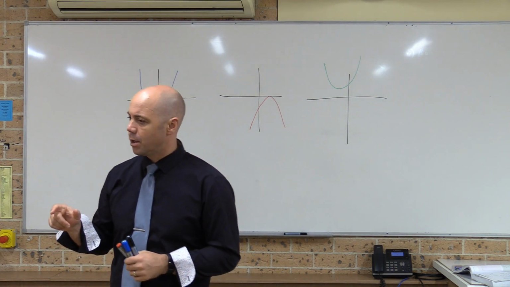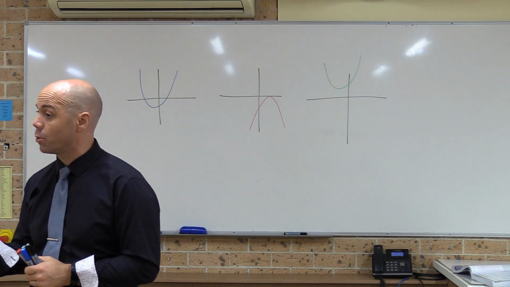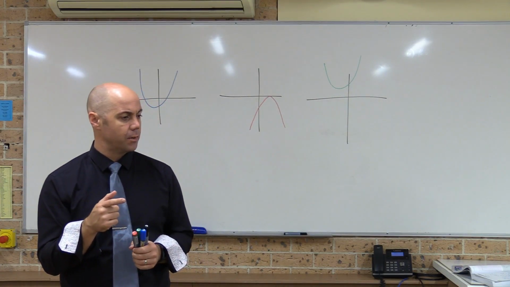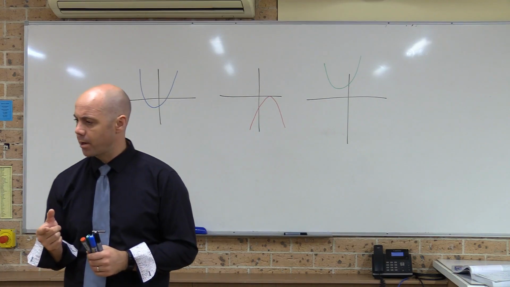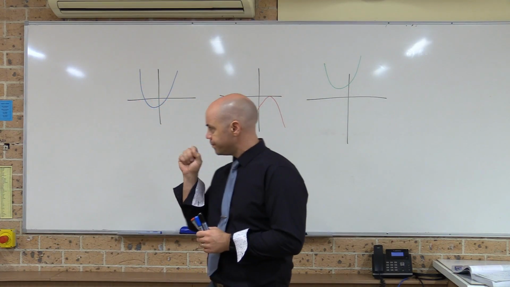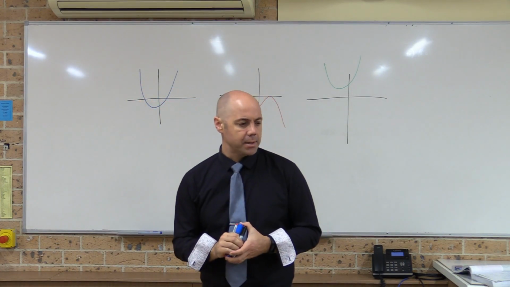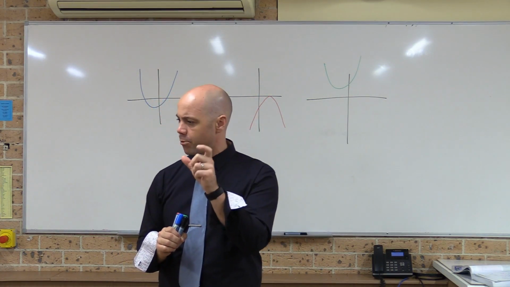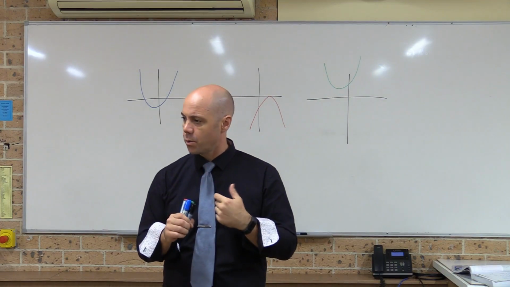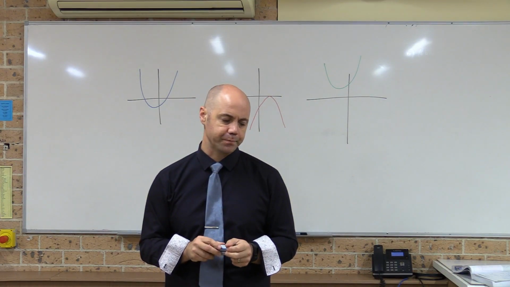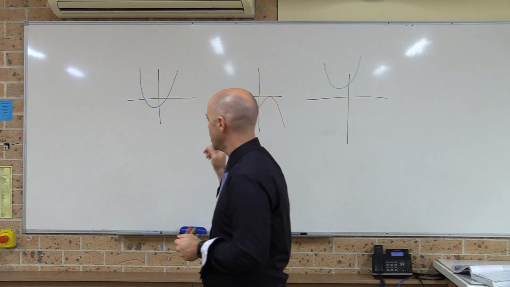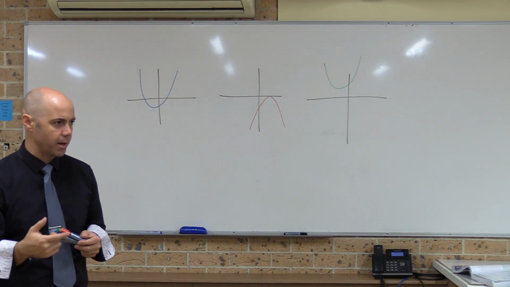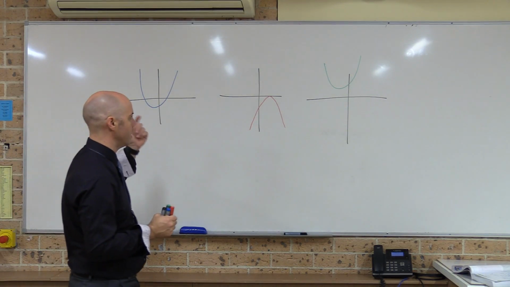So we started doing some investigations of quadratics. We've talked about things like axis of symmetry. We know a little bit about the roots or the zeros of quadratic equations. We're going to think today about one aspect of the quadratic formula which relates to the quadratic equation, which is called the discriminant. And this helps us understand, from looking at an equation without actually figuring out the roots exactly,